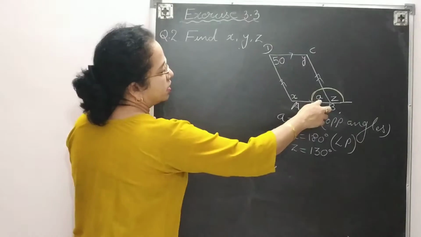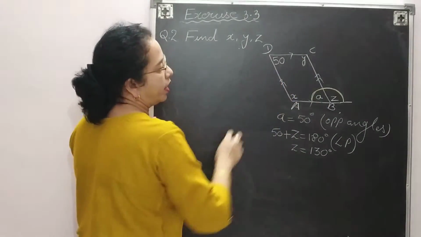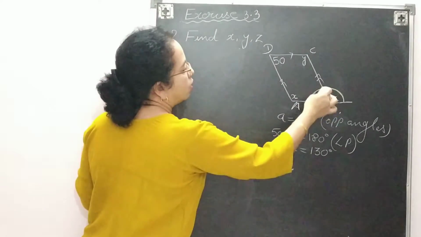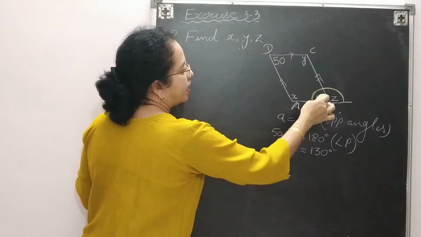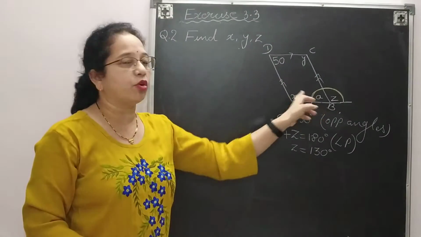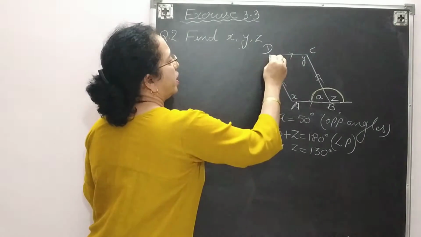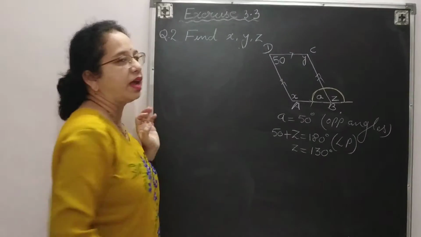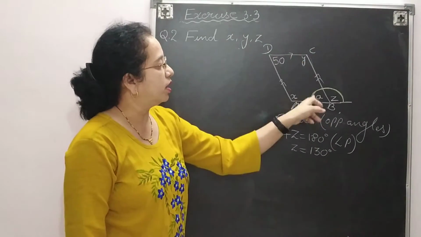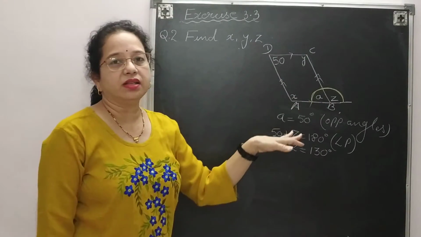Now since this is 130 degree, can you find out this x and y? Many ways are there to find out. Since this is a parallelogram, so x and a will make co-interior angle. You can use the concept of co-interior angle. Similarly, you can use the concept of co-interior angle like that also, or if you have found these two angles and these two opposite angles are equal, you can use angle sum property.